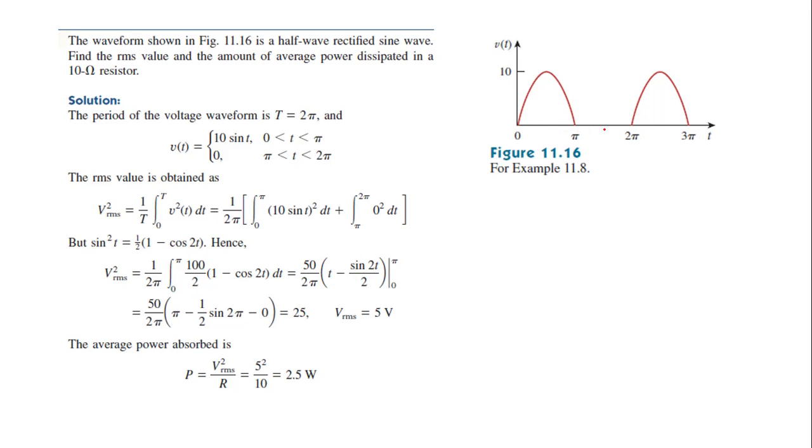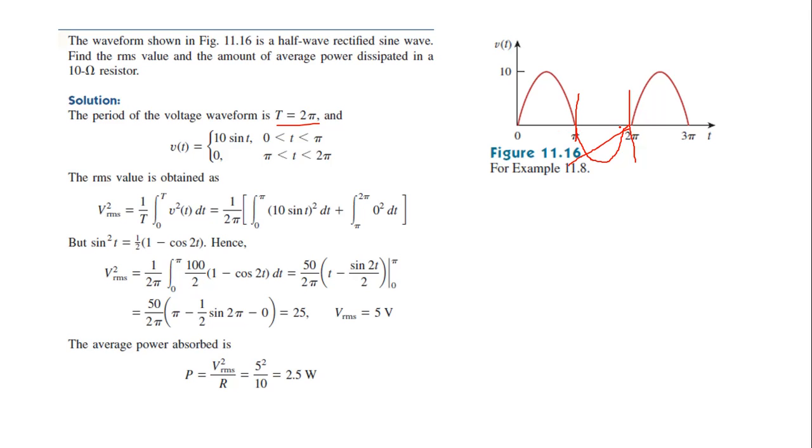Here we can see that up to 2 pi we take as one period, because we have a negative cycle over here and that cycle is rectified, so it is cancelled out to 0. So 0 to 2 pi is considered as one time period, T equal to 2 pi. Again we split this into two intervals: up to pi as one interval, then pi to 2 pi as another.